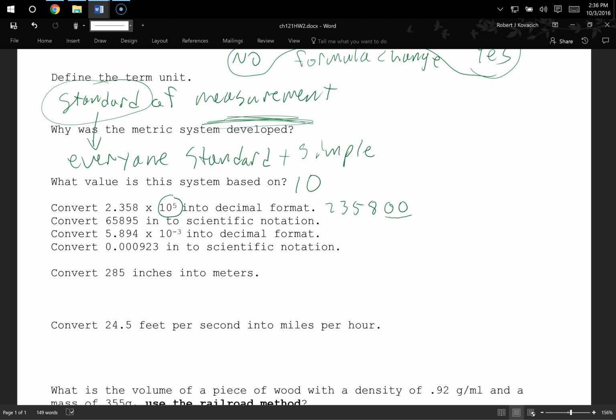Next one, scientific notation. What's this one look like? 6.5895 times 10 to the fourth. Excellent. Okay. Next one. What am I doing with this one? How's this one different? I'm dividing by 10 3 times, right? And every time I do that, I make my number 10 times smaller. So I'm going to have